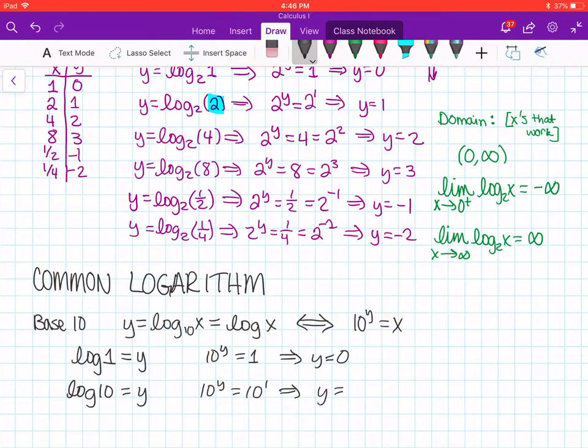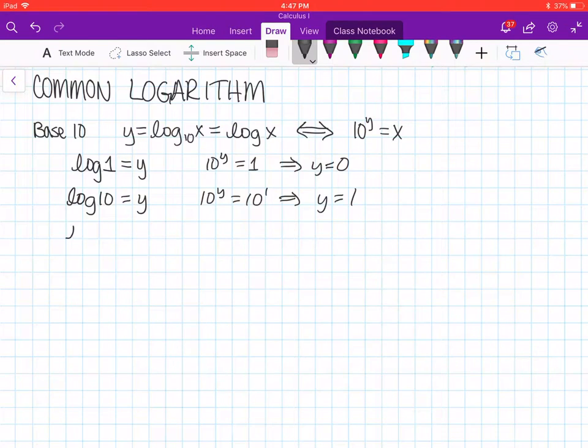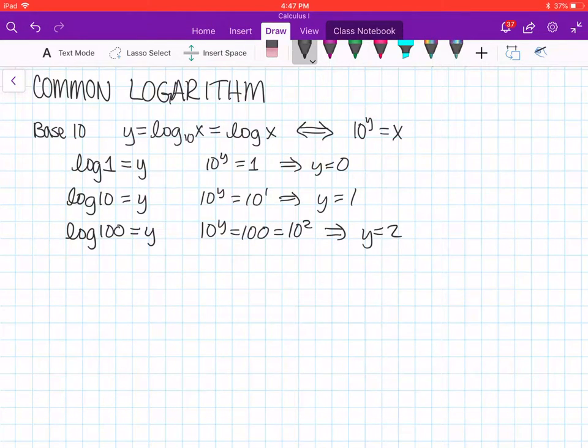So we get y equals 1. This is just from the definition. If we got log of 100 equals y, we got 10 to the y equals 100, which is 10 squared, and then that implies that y equals 2. And then we can continue on. So you can see why it's nice, and we have our base 10 system. So keep in mind, whenever you see log without a